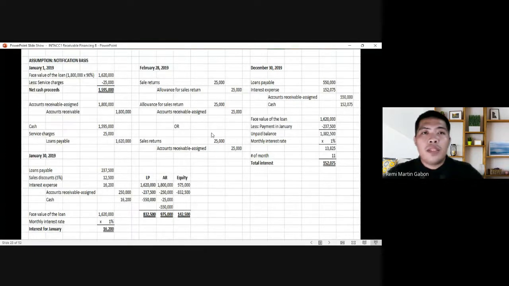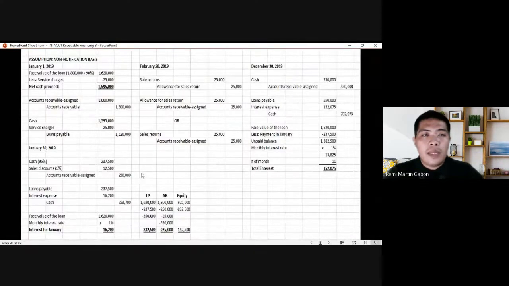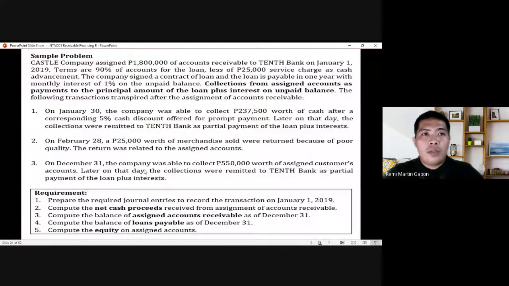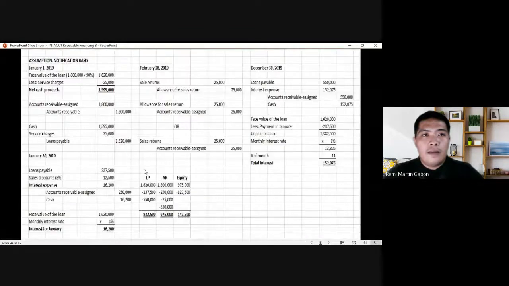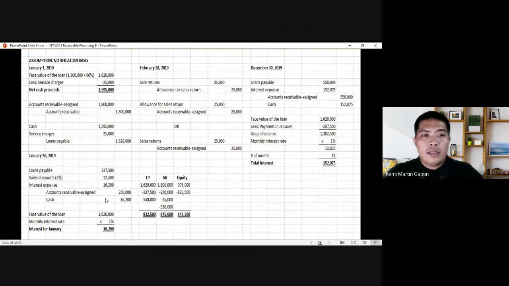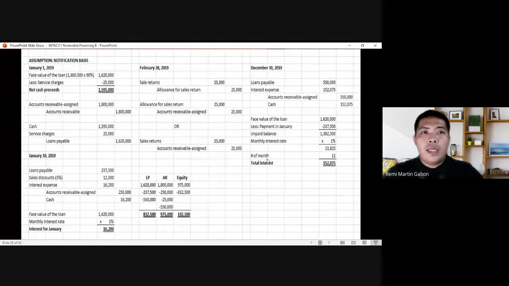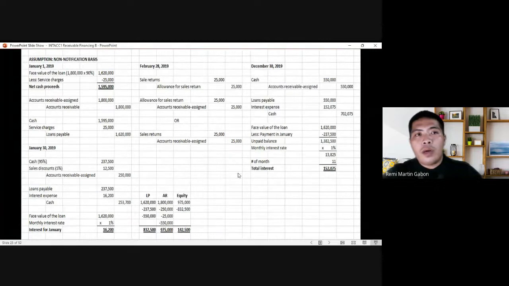Wala namang halos difference sa computations ng interest, balances. Nag-differ lang talaga on the journal entries. The amount debited and the amount credited. Yan. Okay? See the difference. Okay. Then we move forward with